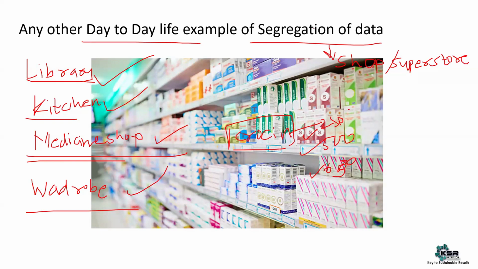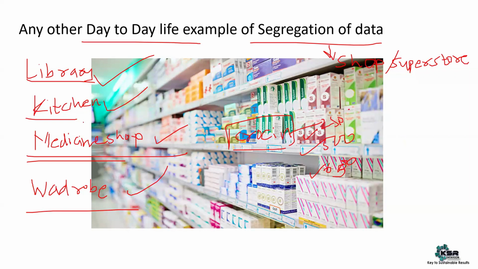So for a data analyst also, it is very important to go back and understand the data: which data is useful where, and how you can segregate the data. That is more important. How you can bifurcate it, how you can combine the data, and how you can give the final results. That is the primary aim of the data analyst or a BI analyst doing all this analysis, right? So many examples.